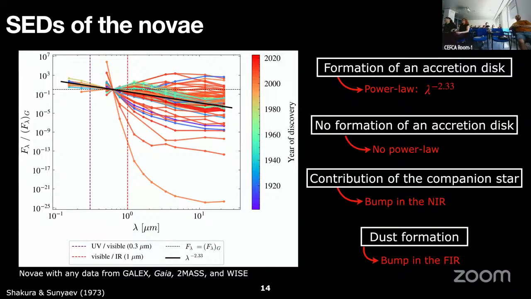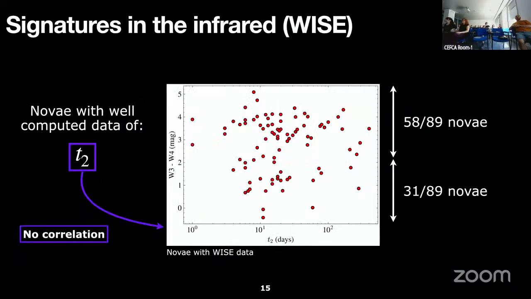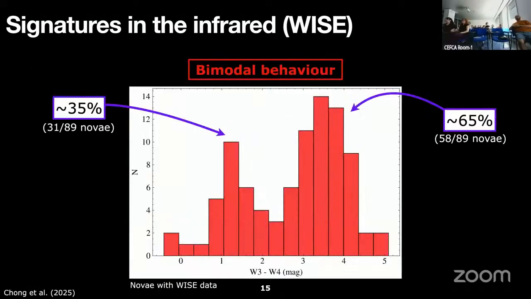So continuing with the infrared study, we decided to see if there is a correlation with T2, but we don't see any correlation either. But we thought, okay, let's do a histogram of this data, and we found this. They have abnormal behavior, which is what we expected because it completely confirms what is in the paper from Chong and collaborators, that this percentage is the same as it is shown here, and they are the ones that produce dust.